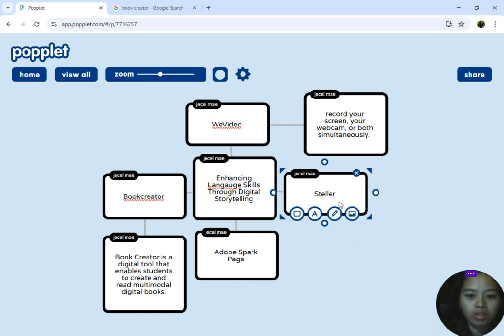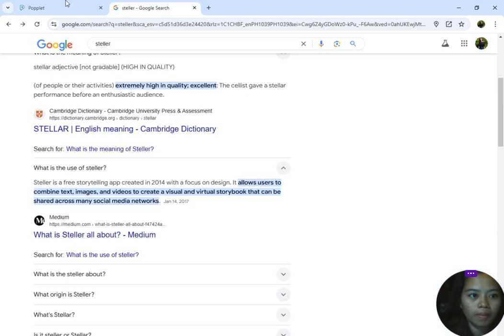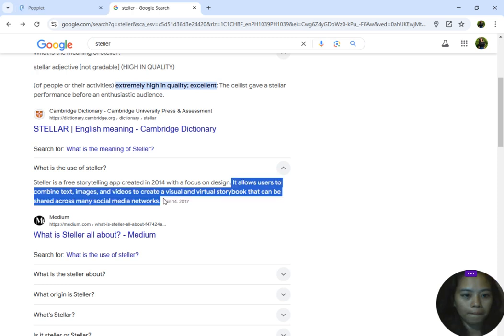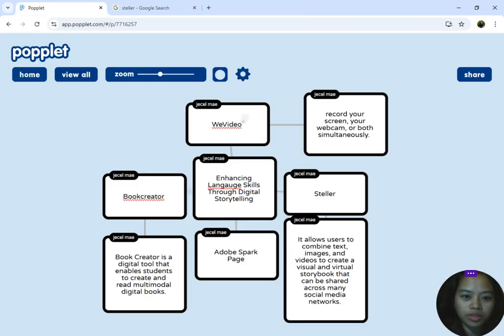Again, let's put here, and let's paste it here. Okay, so this will help the students to create mind maps.